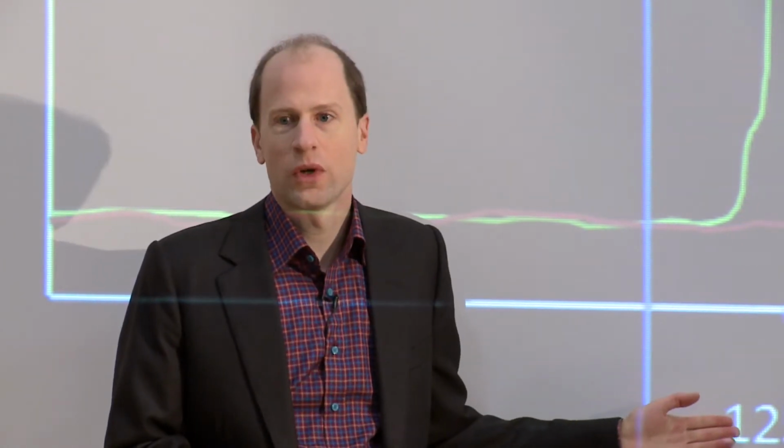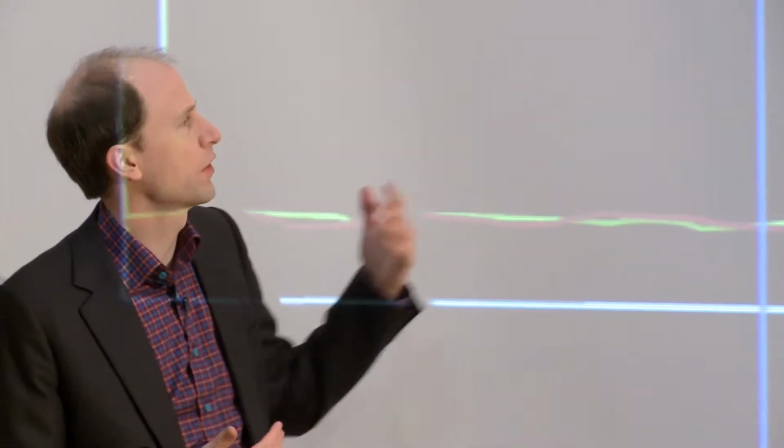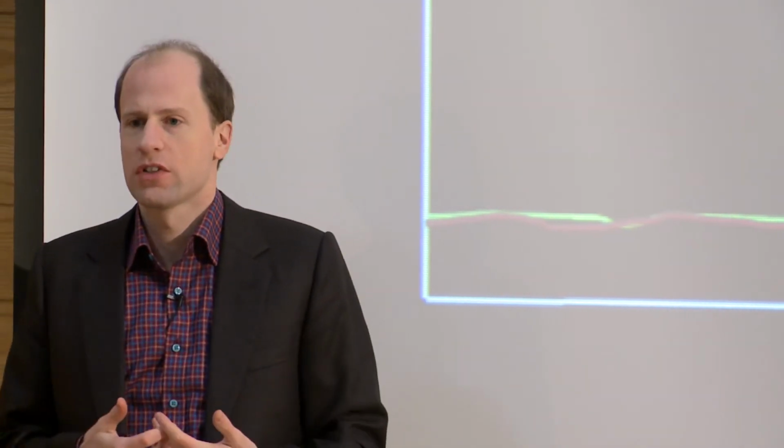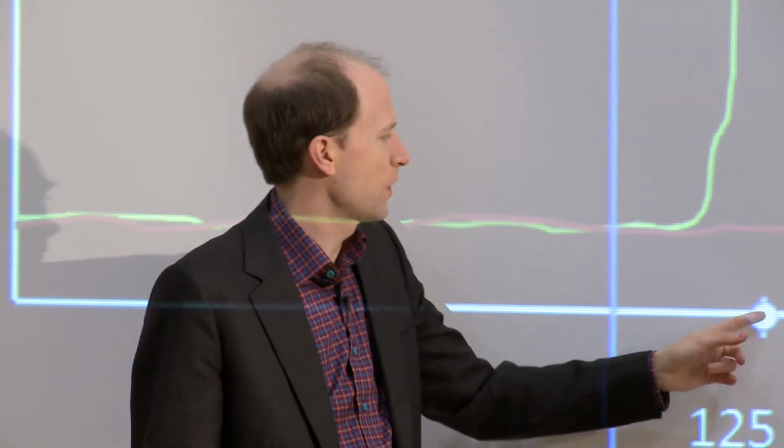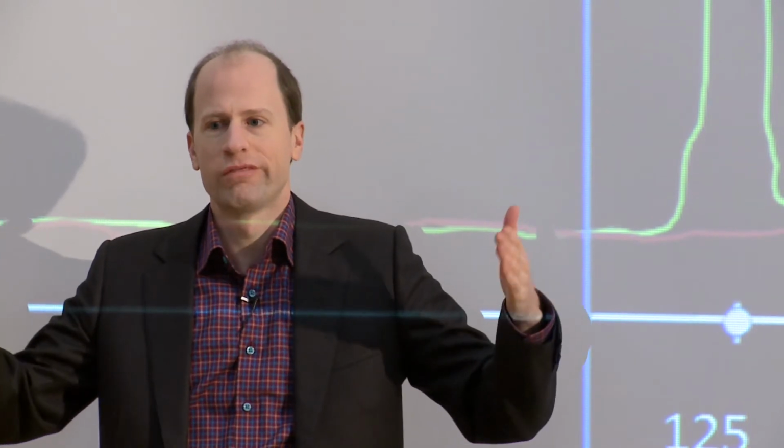Now, intuitively, if we make an observation of 125, we want to say that this is evidence in favor of the green theory. And now we can ask ourselves, what assumptions must we make about the reference class in order to get this intuitively correct answer? So we can plot some possible definitions of the reference class there. We assume that we ourselves, if this is our observation, must be in our reference class, and then some other set of entities as well. In particular, say observations or observers or observer moments that are sufficiently similar to our own should be in our reference class, and we can then ask how similar.